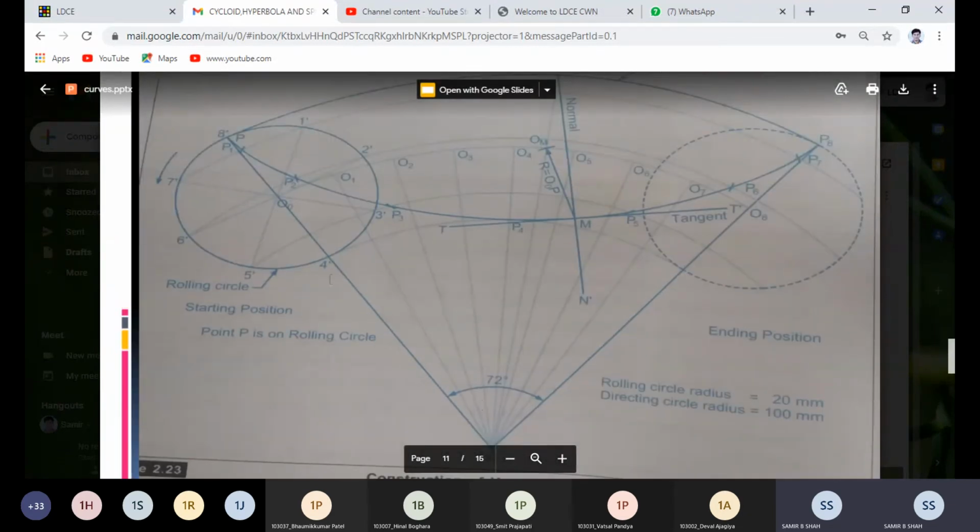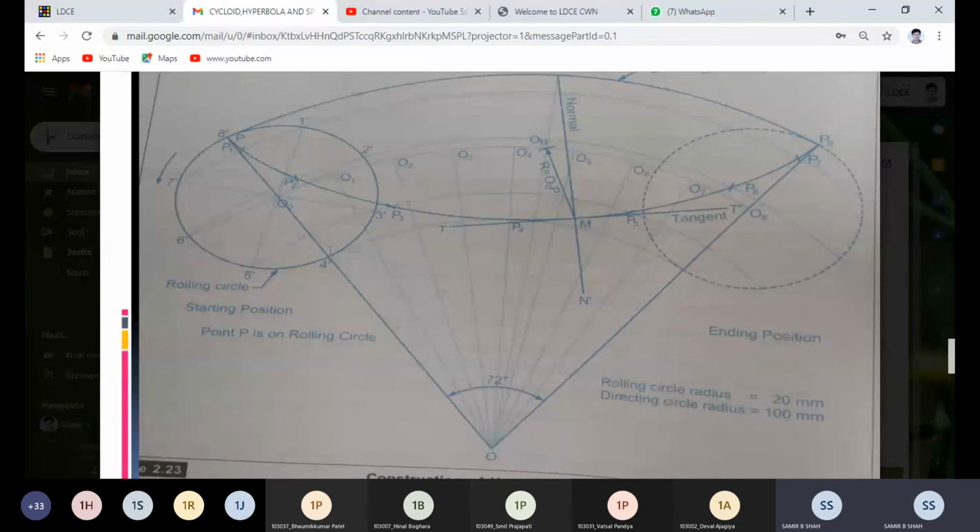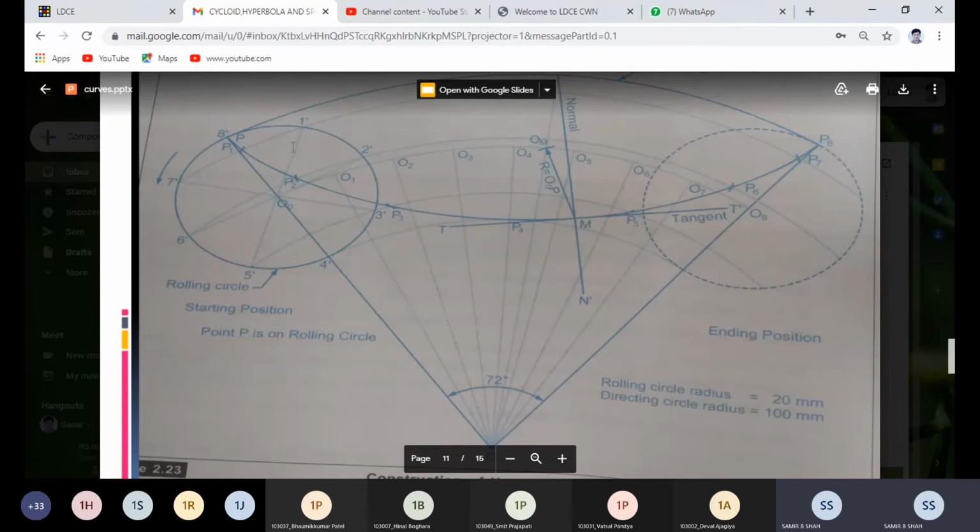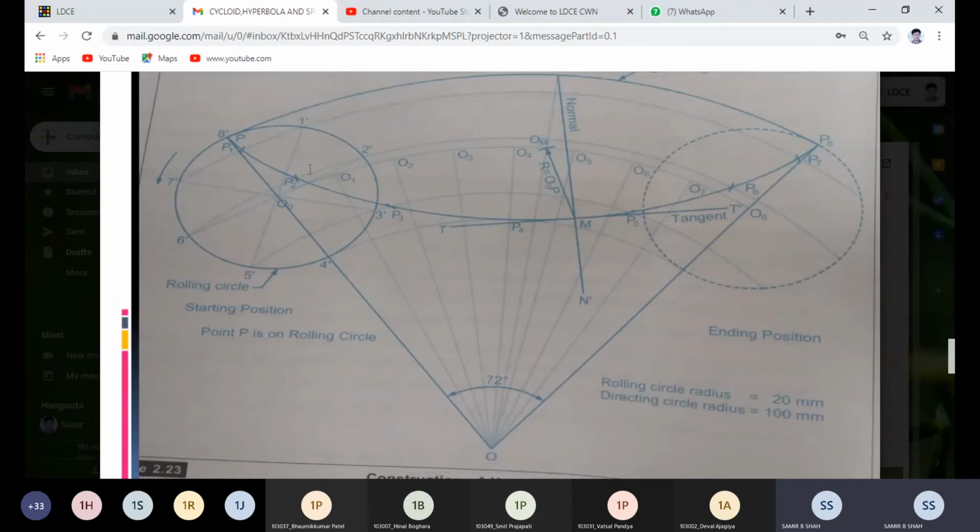After that, it may be your 100 mm. From 100 mm, take a 20 mm radius. So 20 mm and then draw the circle. Okay. As we repeated in the previous method, I just proceed for the epicycloid. Now the hypocycloid, what we have to do.